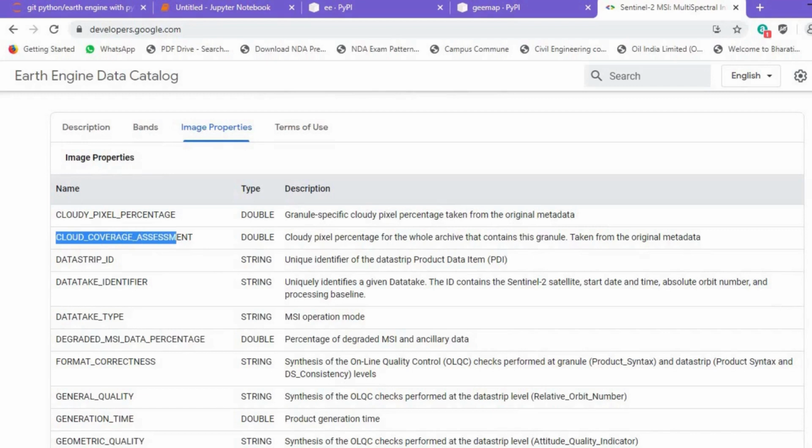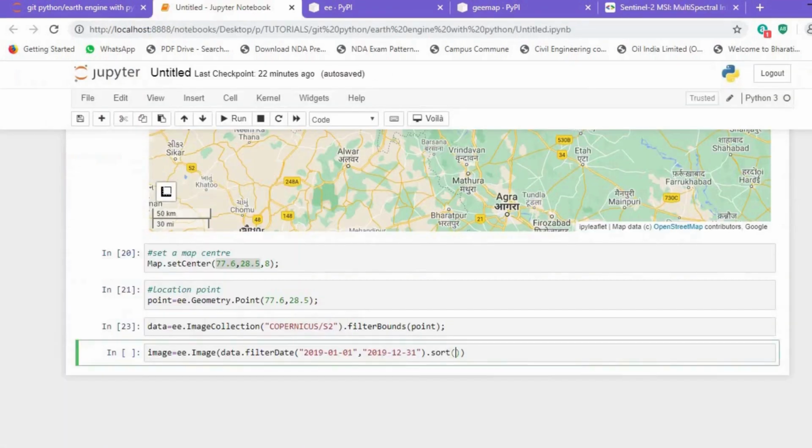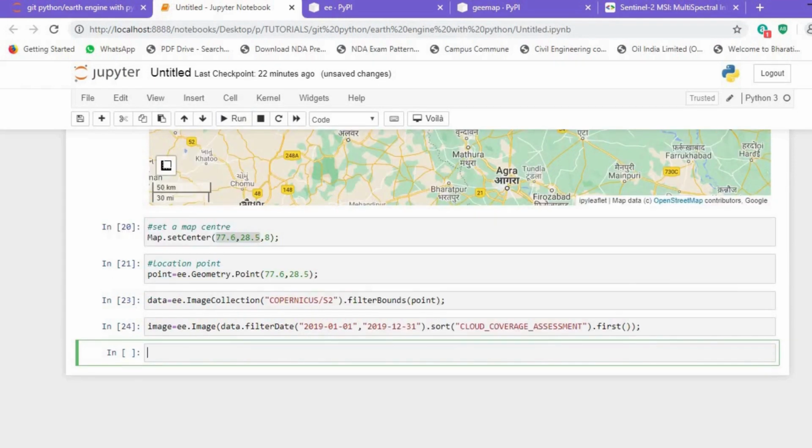I'll go to the cloud coverage assessment. I'll copy it, jump back to my Jupyter notebook and sort my data based upon the cloud coverage assessment. Now from this sorted data I'll collect the first image and end this line by semicolon. That's it. We are good to go. We have imported the image that we require.